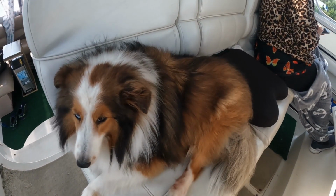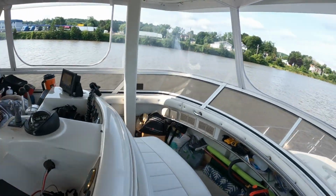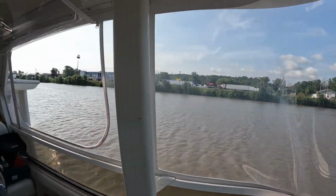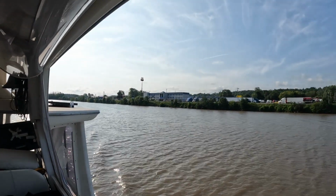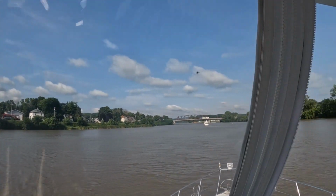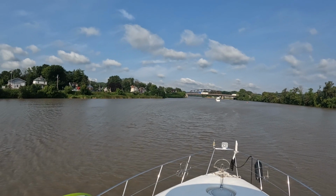All right, Lucy says we should film a little bit out the front window, so that's what we're going to do. We'll come over here. Cynthia just noticed we just passed a big McDonald's. And of course, I complained that they didn't have a dock. I'm going to film out front here. Got a nice bridge coming up, and we may have to tie that